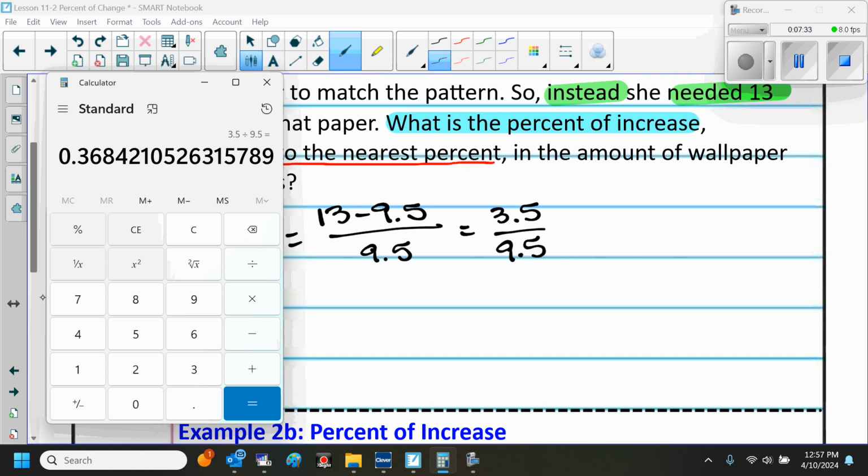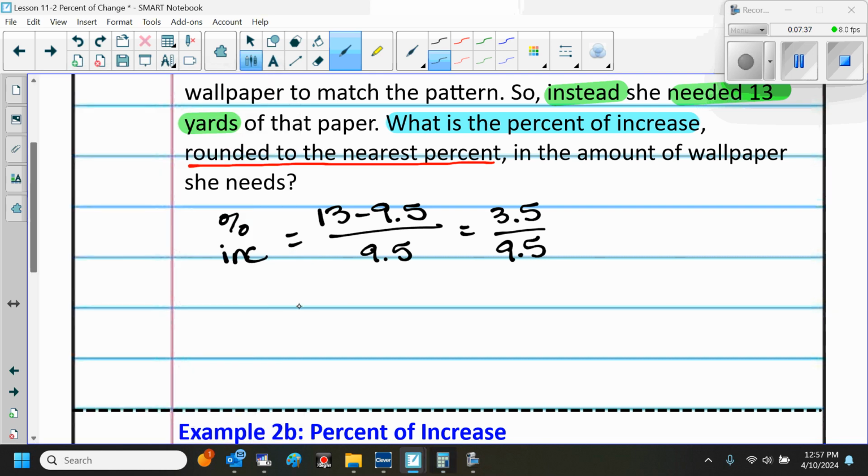So I'm going to do 4 numbers behind the decimal, so 0.3684. Now, we want to change this to a percent, so we're going to bloop, bloop, right there, and then